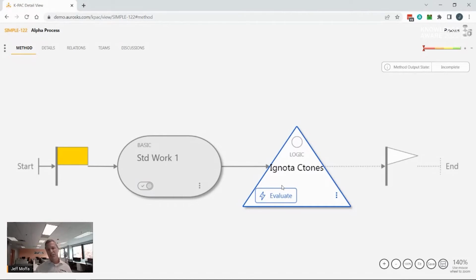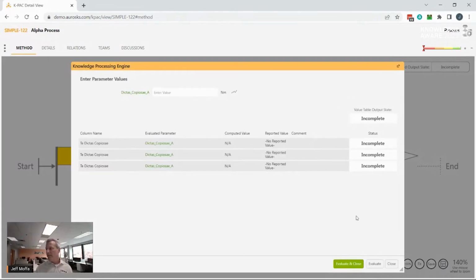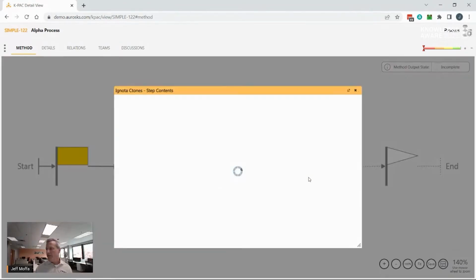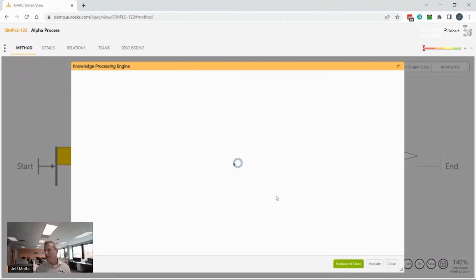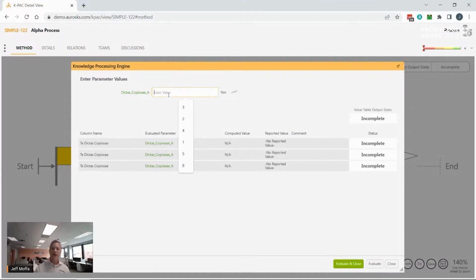The logical step is very much like branching, but instead of branching, we are going to evaluate to some qualitative state. So if we want to see what that looks like, I'm just going to open this up. This one has one parameter, in this Latin text here. And we can see that when this parameter is in different ranges, it means something different qualitatively. So for example, if I were to report that this parameter in my project is 7, or some digital tool provided that value,